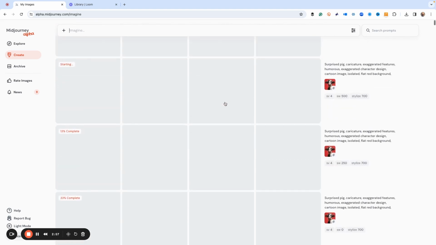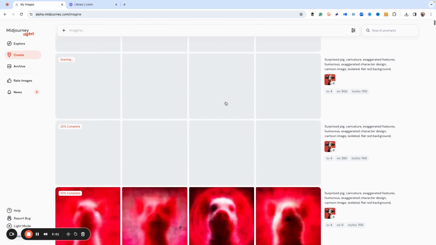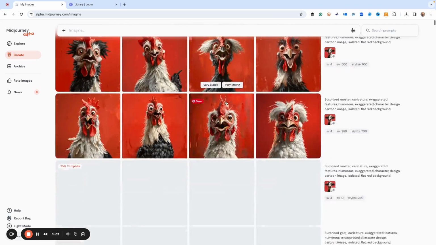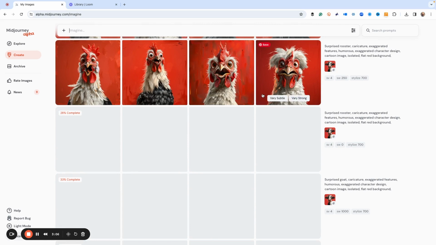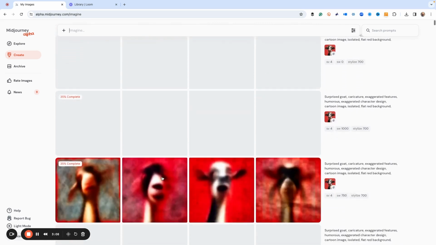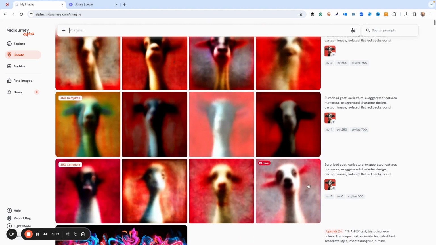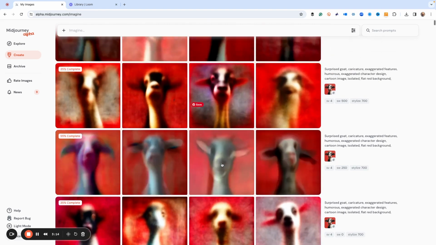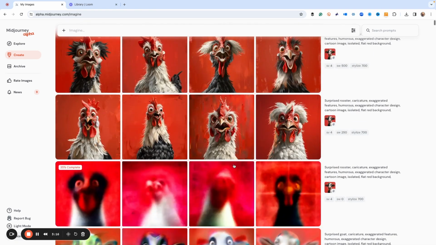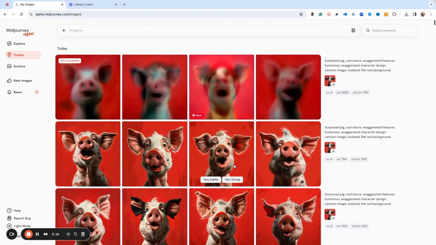And we're going to pull out our favorites of the 3 different animals. And you can see what's really great about Midjourney, especially on the new Midjourney Alpha that I'm using, is that it segregates everything by the different prompts. So here is all the goats, and then here's all the roosters, and then here's all the pigs.